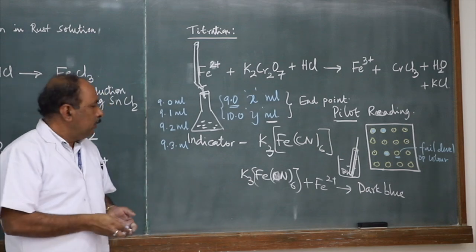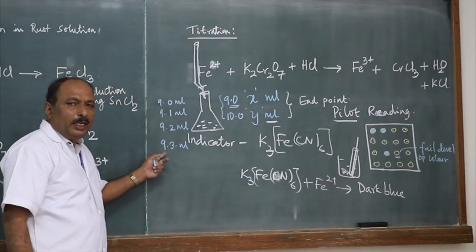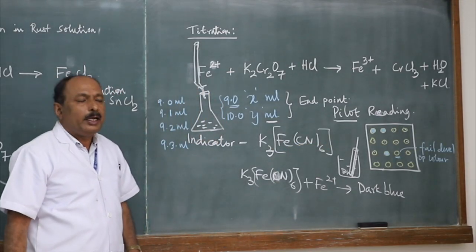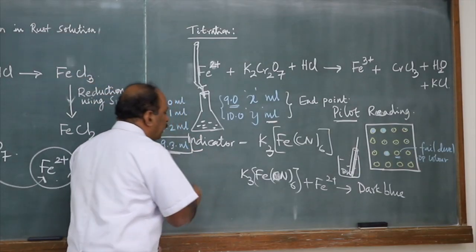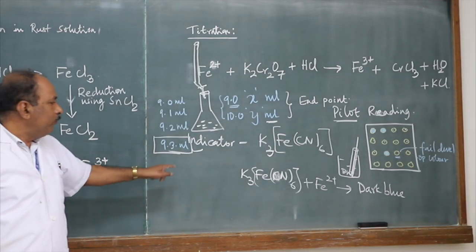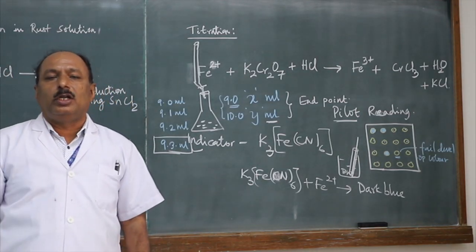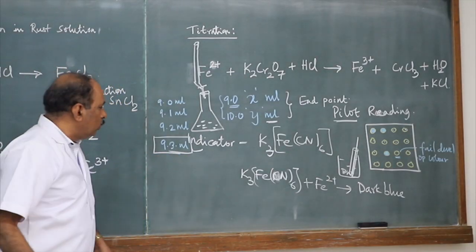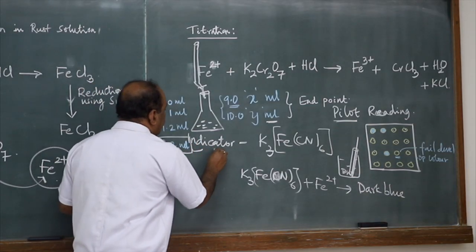Therefore, I am writing this, right? When the burette reading is 9.3 ml, and you are checking with that indicator droplet, if it fails to develop color, that means to say the end point is 9.3. To confirm this value, you will have to do a third trial. Again, you will have to wash the conical flask thoroughly and redo the whole titration. If everything goes well, you will end up getting 9.3.